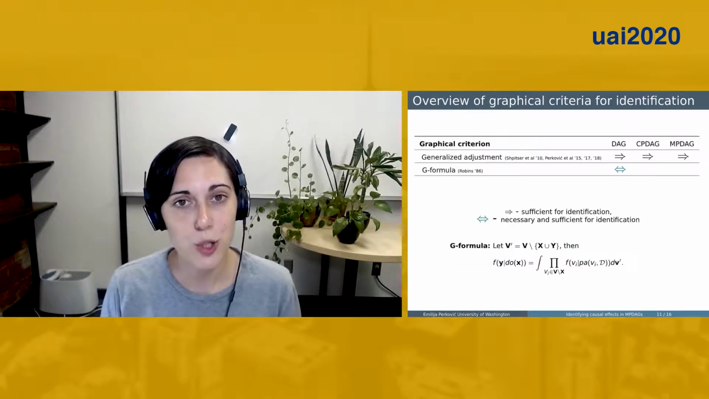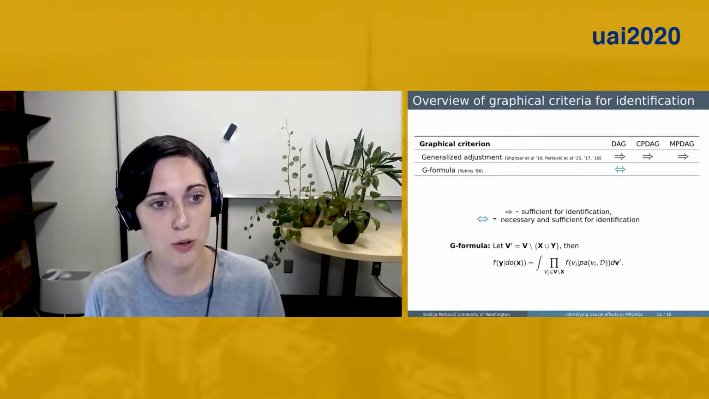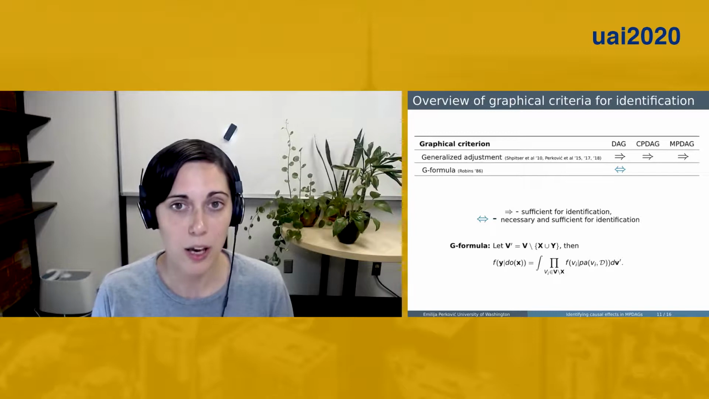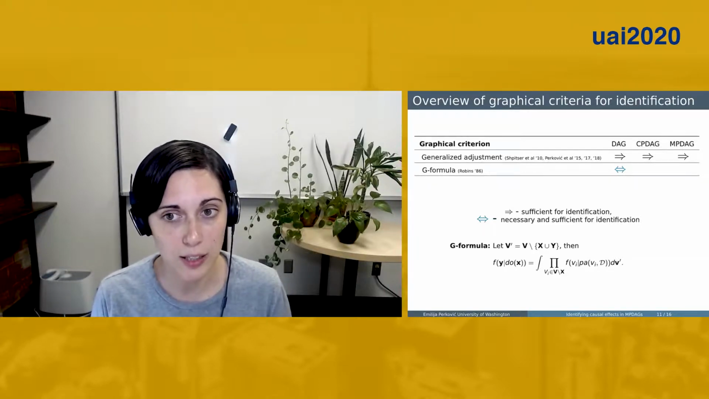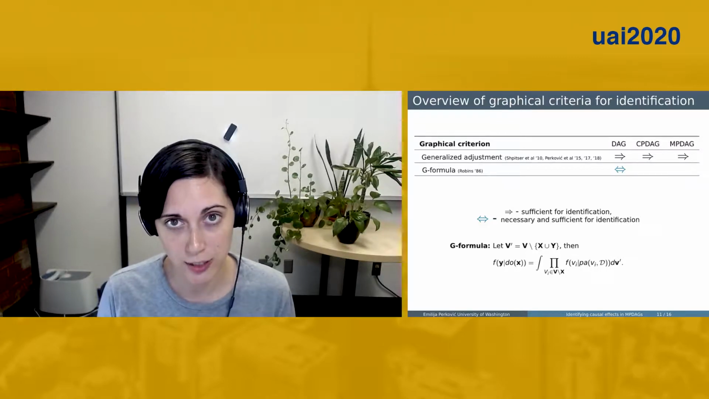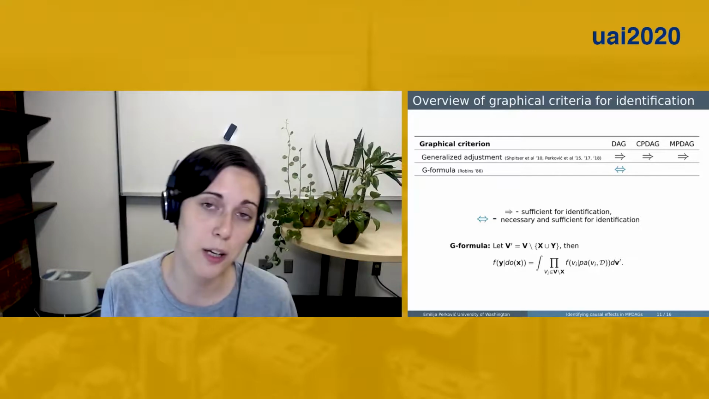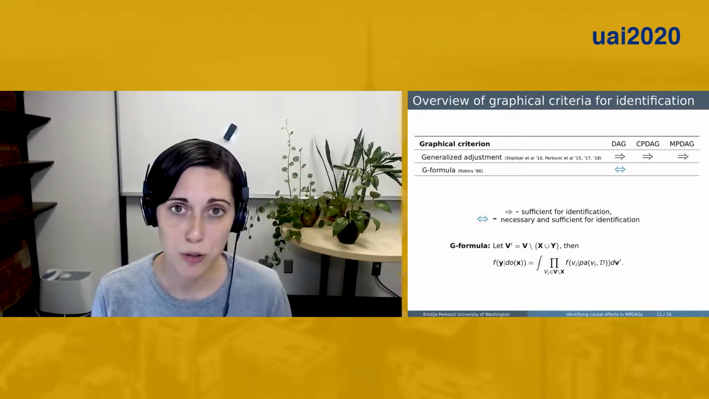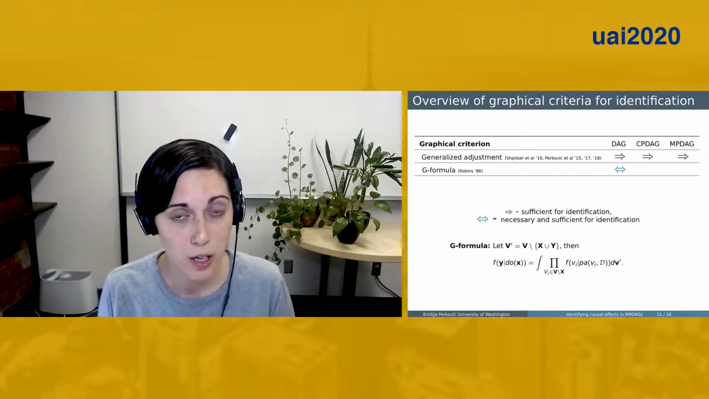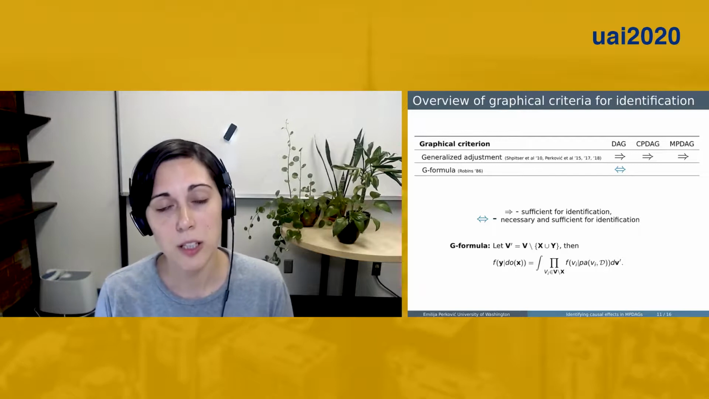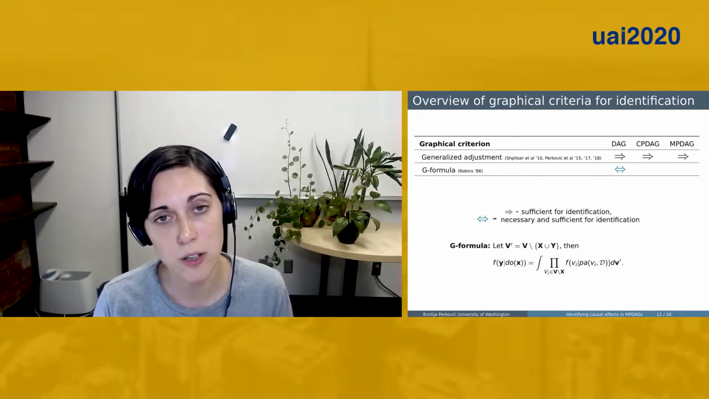So there are, of course, some graphical criteria that already exist on this, and I'll just list two kinds. The generalized adjustment criterion can be applied to all three graph classes, so to DAGs, CPDAGs, and MPDAGs. It is sufficient for identification, but it is not necessary, meaning that it might miss some identifiable causal effects. I also just want to mention that all of these adjustment criteria built on Pearl's backdoor criterion, which you may be familiar with. The other criterion that I will mention is the G formula, which is a necessary and sufficient